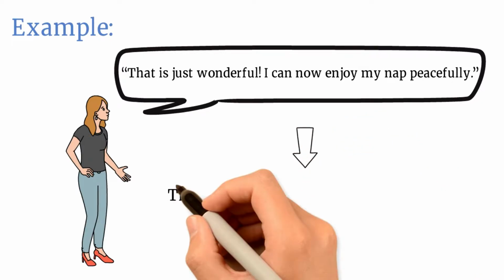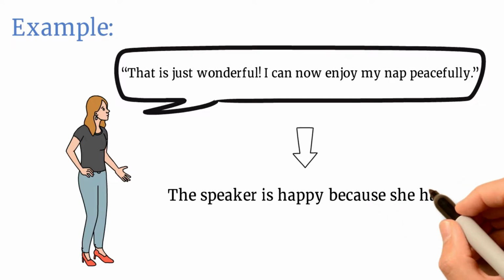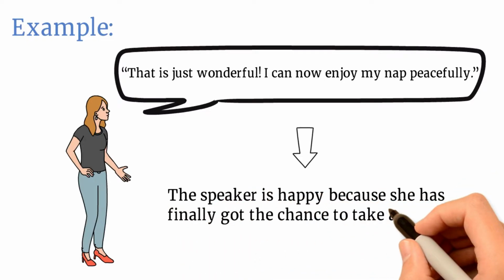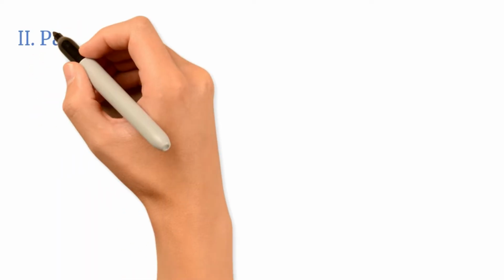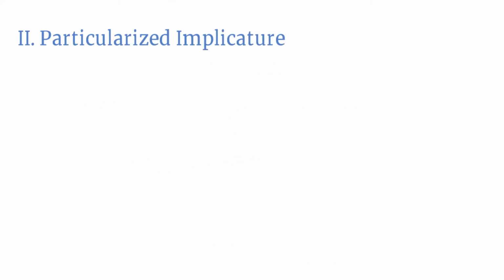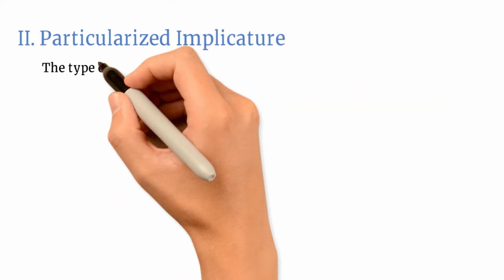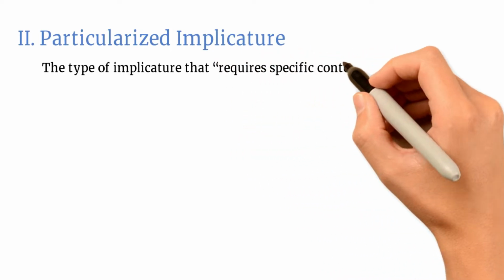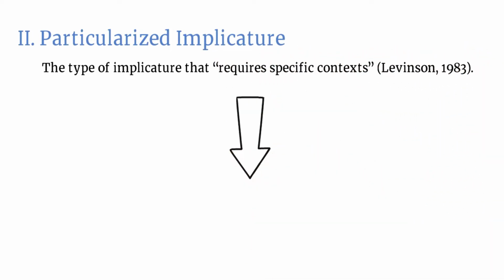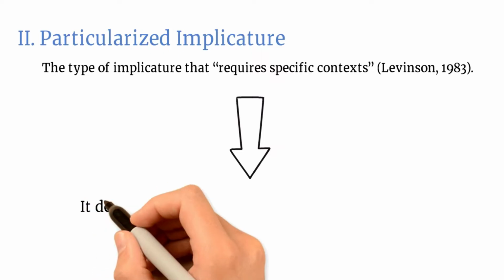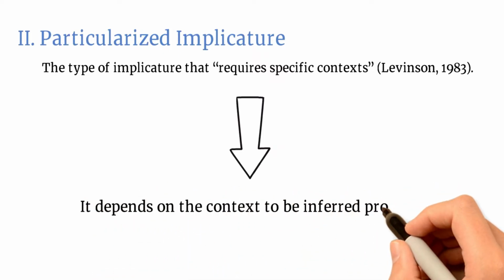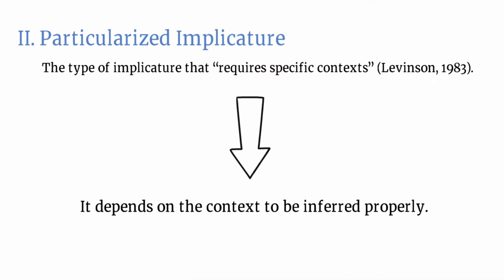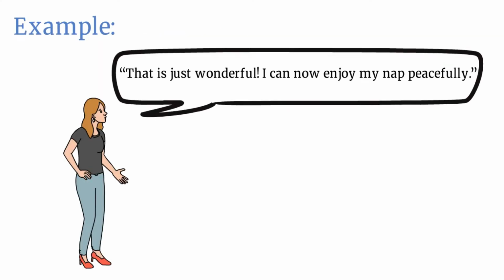Thus, we can say that the speaker is happy because she has finally got the chance to take a nap. The second one is particularized implicature. It is defined as the type of implicature that requires specific context. As opposed to generalized implicature, this one depends on the context to be inferred properly, since the utterance happens during a specific context. Now, let us go back to the previous example and add another utterance to give us a